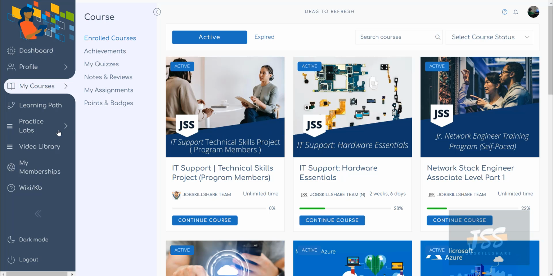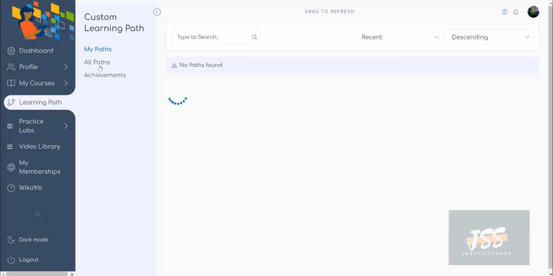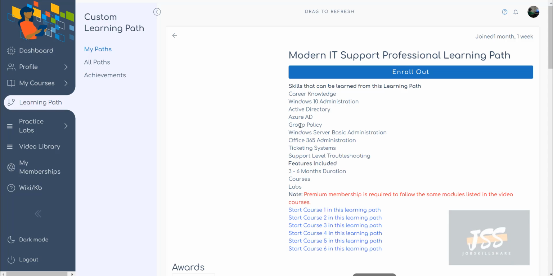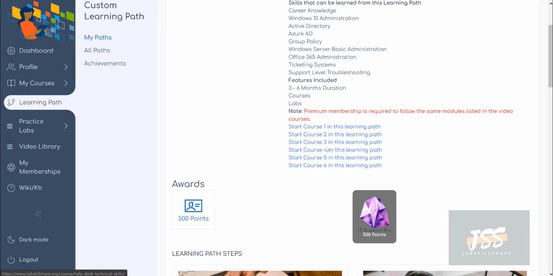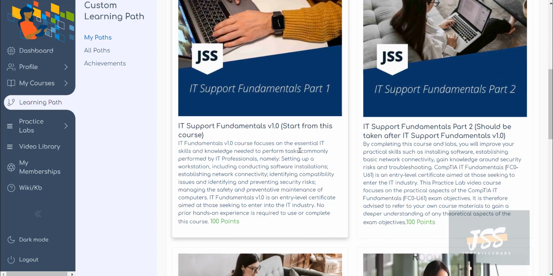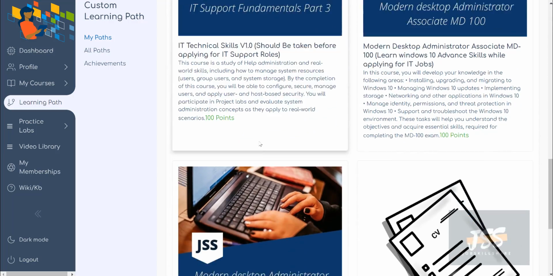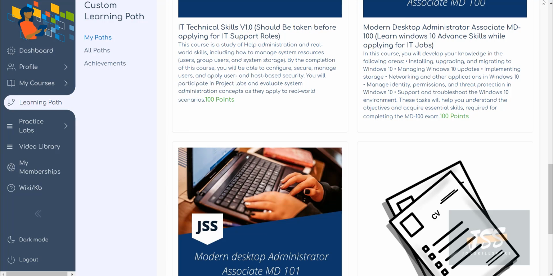And the best way to follow our courses, let's say you're starting out, you can go to the learning path, and when you click on learning path, you want to start everything from scratch, which basically means you're going to start from the first course, second, third, fourth, fifth, and sixth. If you look at these courses, you will find out that you are going to cover all these advanced skills later on, because this is how you get trained. You start from basics and go to the advanced stuff.